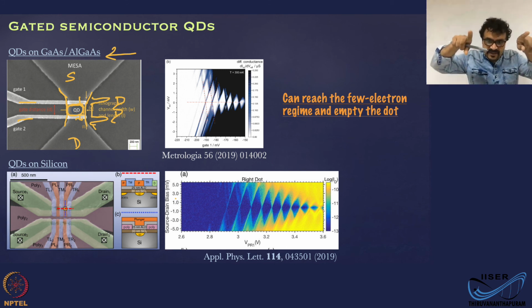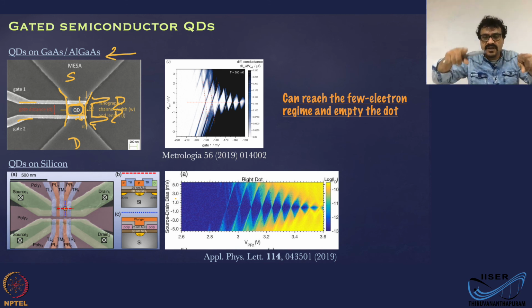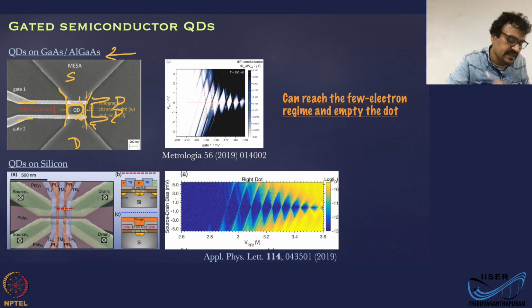So when you have the gate defining the quantum dot first, you'll have a large quantum dot. And when you increase the gate voltage further, that means you'll make these tunnel barriers larger and also wider because of the electric field effect, or the fringing field, which is going to eventually have an effect of making the dot smaller and smaller. Okay, and that's what you're seeing here in this plot. You started with a large dot. Large dot means capacitance is larger, so charging energy is lower. So the charging energy is nothing but the size of the diamond.